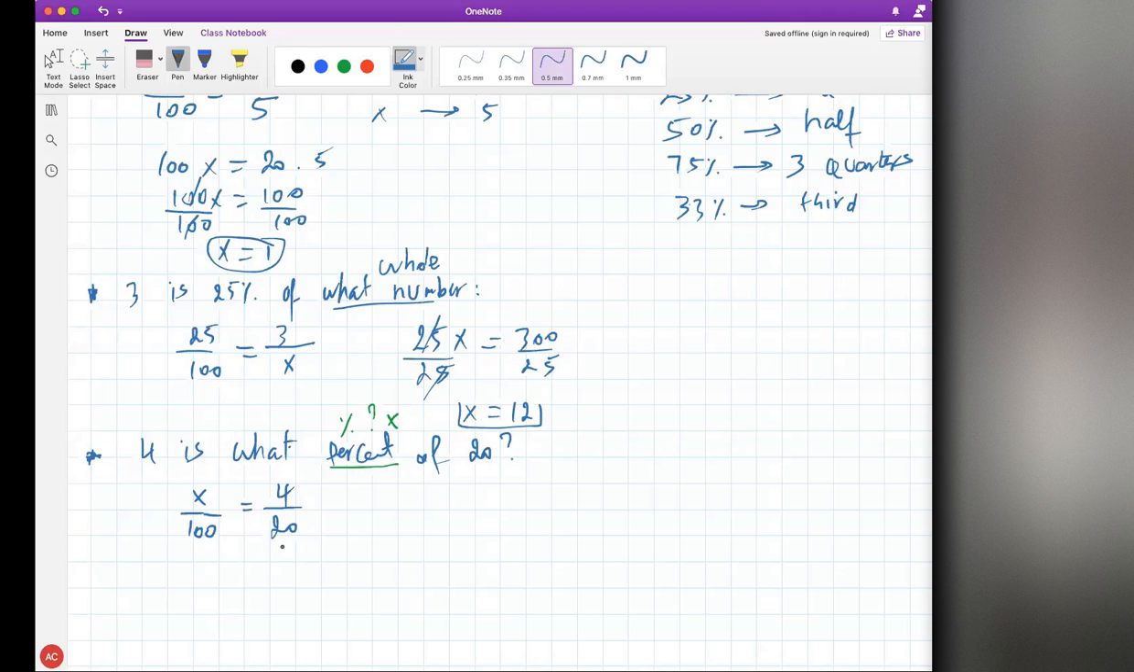And again, always the whole goes here, the portion at the top. 100 is the whole of whatever percentage. If we know it, you write it down. If we don't, we put x. And the rest is simple. X times 20 is 20x. It's 400. Divide by 20, divide by 20. Cancel these. X cancel a 0 against the 0. What's left is 40 by 2, which is